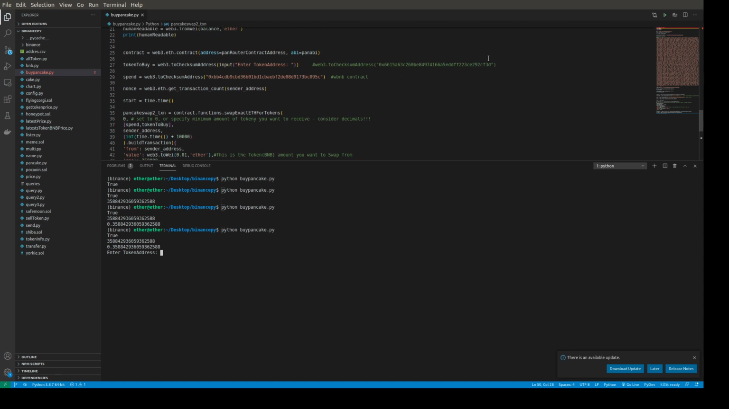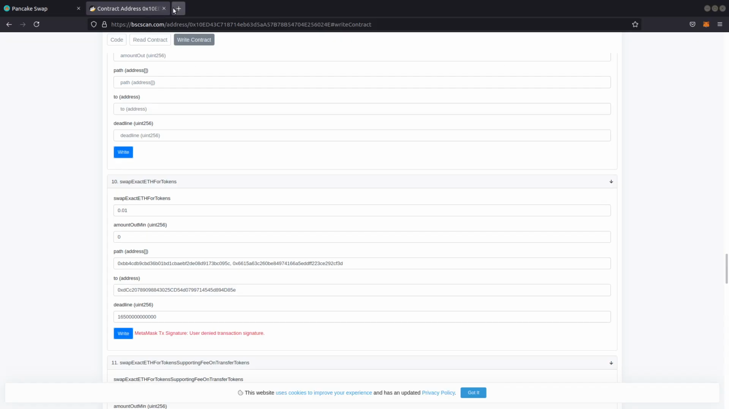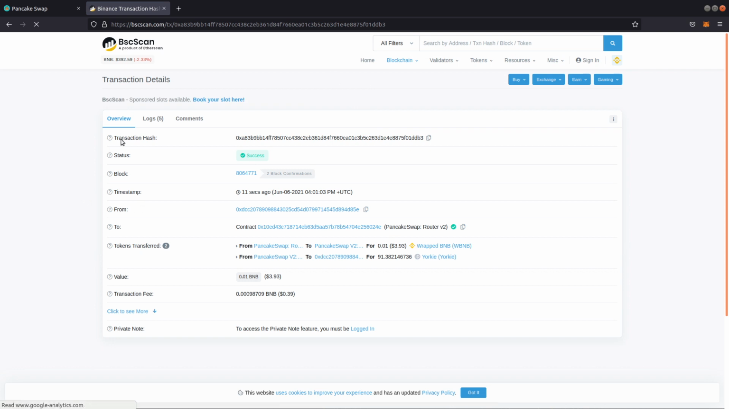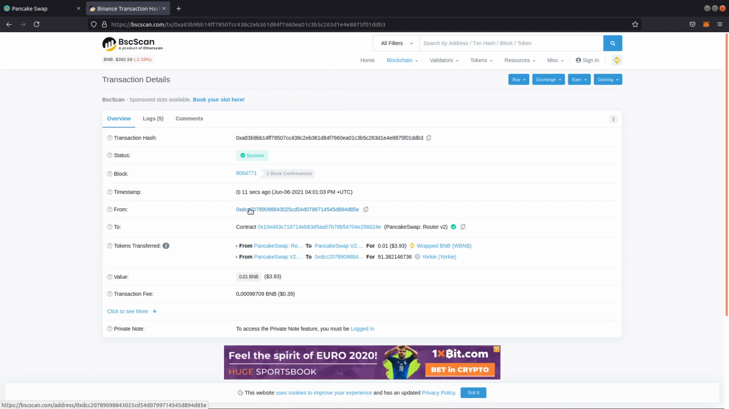And the token address, I'll paste in here the address, enter, and we get a transaction hash back. Now let me copy this, and here in BSCScan, if I scroll up, then we can find the transaction details. From this address, this was this Panda address, so my address, we interacted with the routing contract, and then from the PancakeSwap router V2 we got some wrapped BNB, and then the PancakeSwap router sent back to this address here, you see it's the same, 91 Yorkie